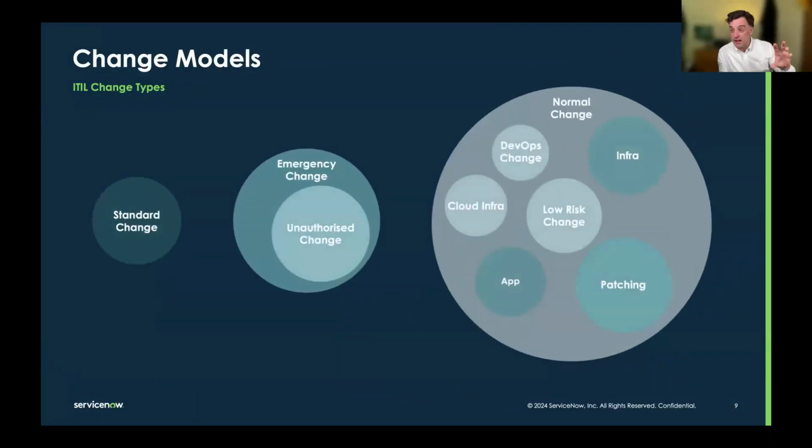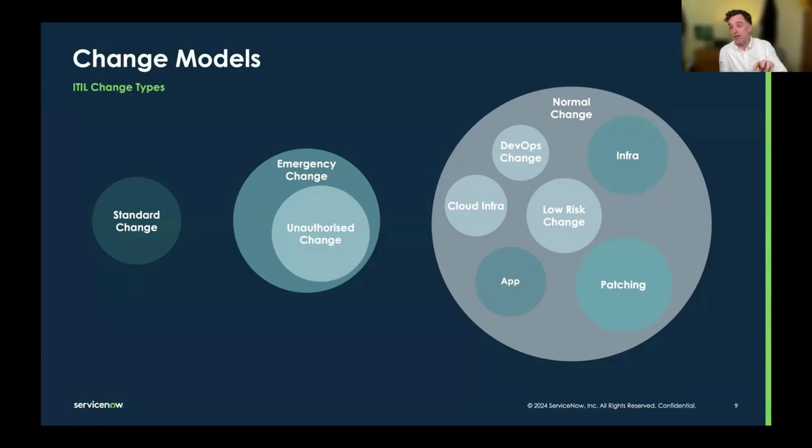So if you look at what's inside these changes, if you start to break them down, we start approaching something we've called change models. And it's not ServiceNow's idea, it's been around for 20 years, right? It was another idea alongside ITIL that we have change models. And so within emergency change in ServiceNow, you have unauthorized change. I'm not sure if that's quite the right place for it to be, but that's where it is. So that's a change that we didn't approve that we find later. So something changes in the CMDB, or someone changes the amount of RAM on a server, or someone releases some code without a change. And we find out later, we have a process for assuring that the right things happened, even though they didn't happen at the right time.